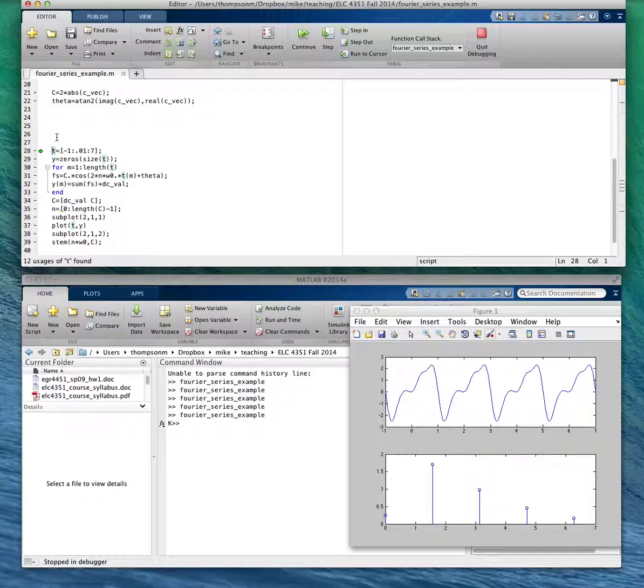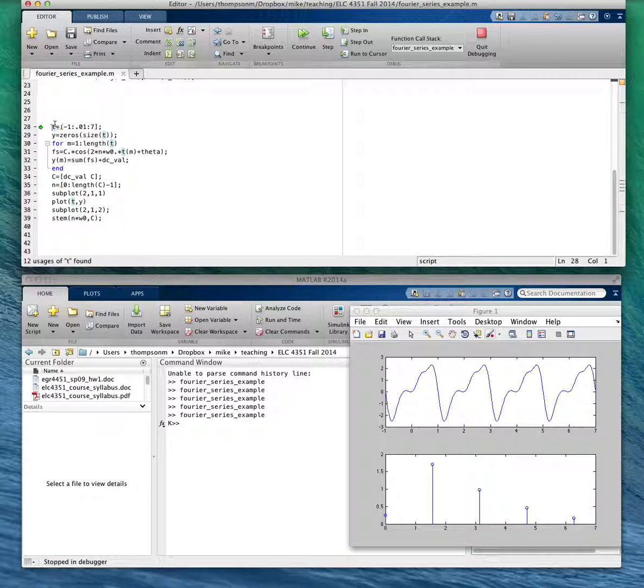The next part of this code, you can just use it, but it sets up some time values, and it actually makes a plot of the Fourier series. I wanted to show you something about that. It's stepping through all these time values, and for each time value, it calculates c cosine of n omega naught